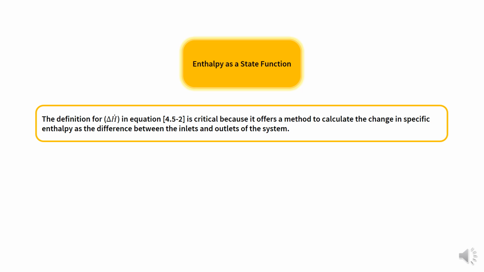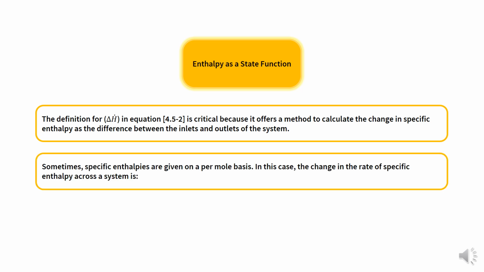The definition for delta H dot in the previous equation is critical because it offers a method to calculate the change in specific enthalpy as the difference between the inlet and outlet of the system. Sometimes specific enthalpies are given on a per mole basis. In this case, the change in the rate of specific enthalpy across a system can be defined as the equation